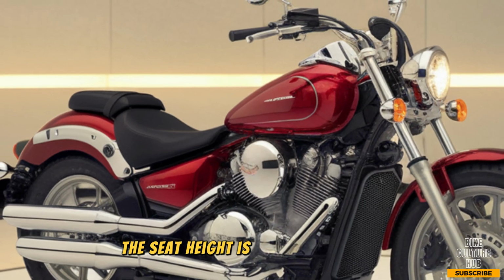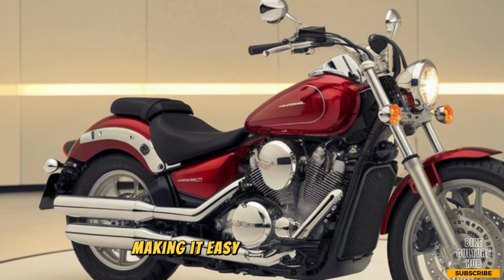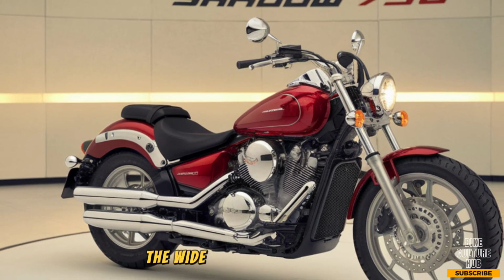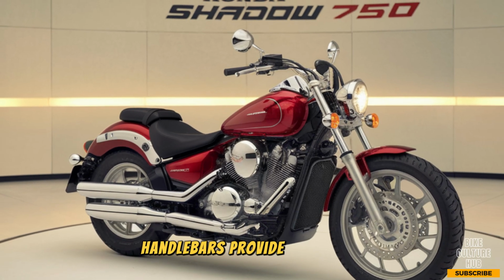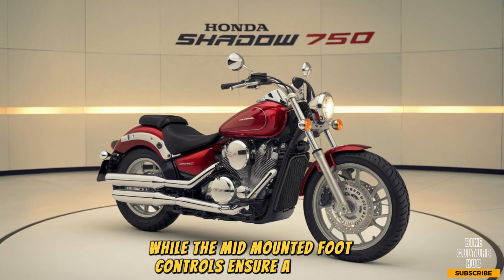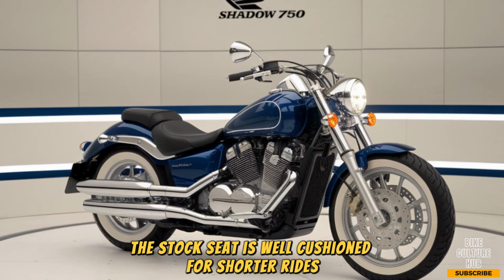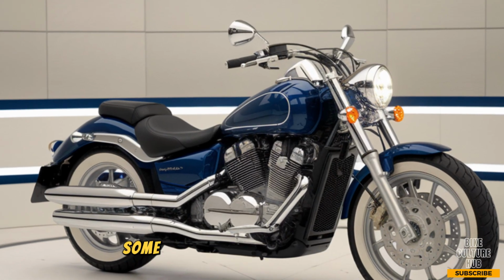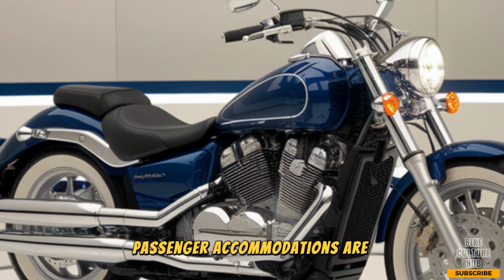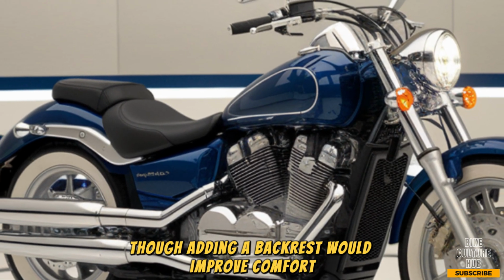Comfort is where the Shadow really excels. The seat height is an incredibly low 25.8 inches, making it easy for riders of all sizes to plant their feet at stops. The wide, slightly pulled back handlebars provide a natural riding position, while the mid-mounted foot controls ensure a relaxed but engaged posture. The stock seat is well cushioned for shorter rides, though for extended touring, some riders may want to consider an aftermarket option. Passenger accommodations are decent, with a well-padded pillion seat, though adding a backrest would improve comfort for two-up